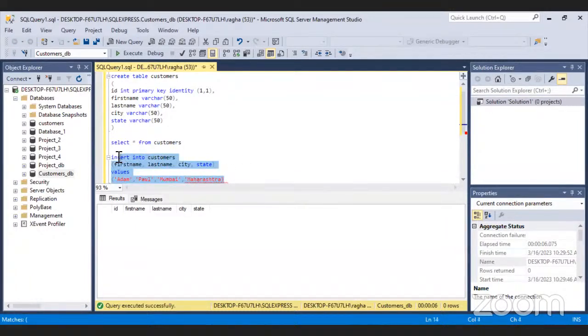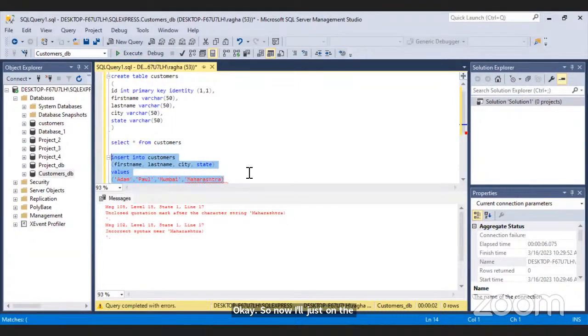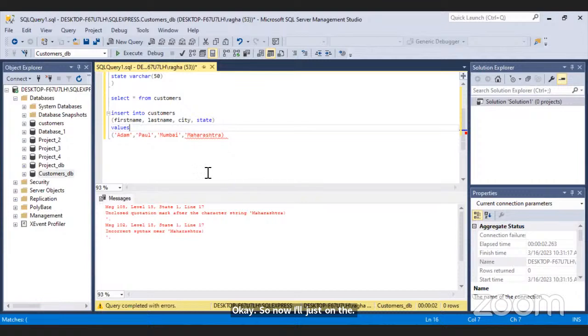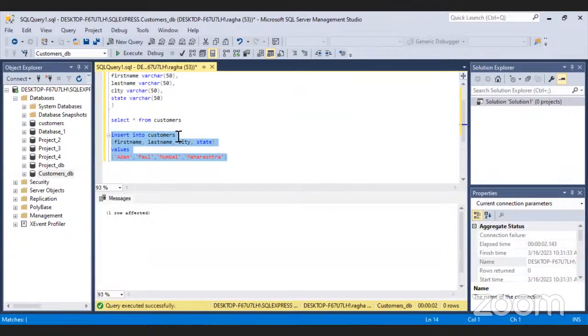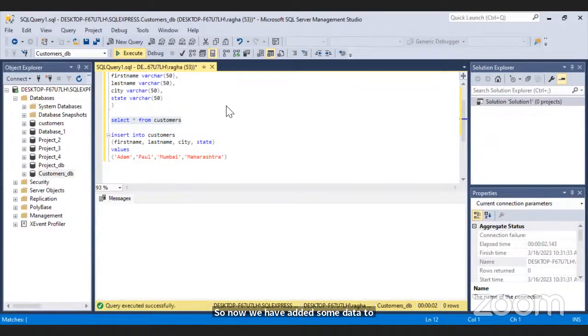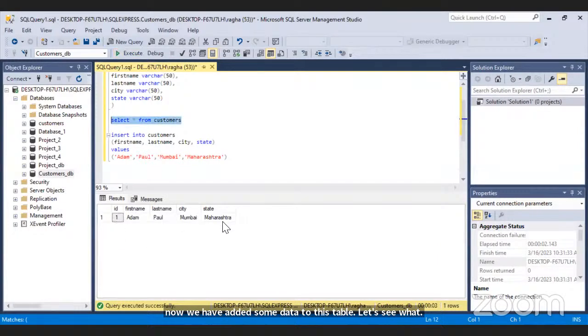So now I'll just run this. So now we have added some data to this table. Let's see what it holds. So we have some set of data in this table.